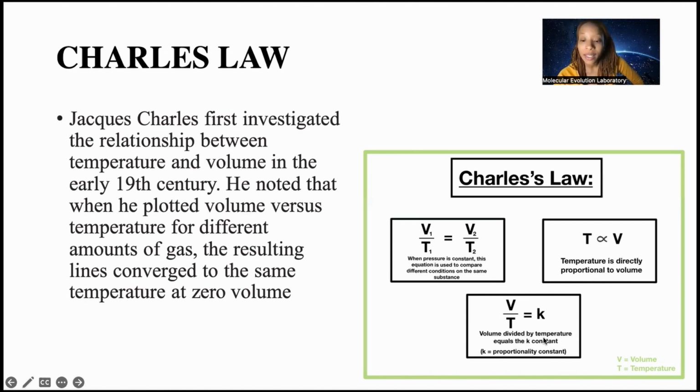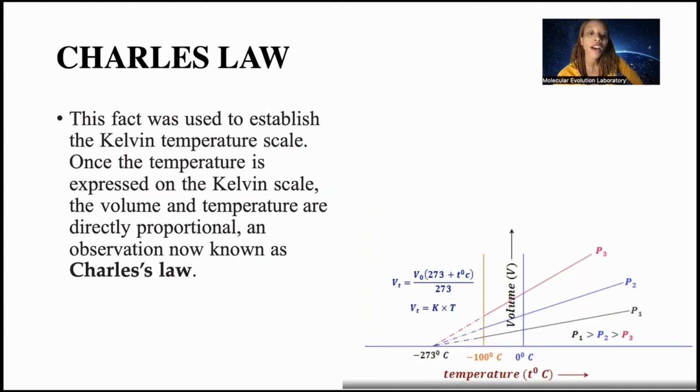Volume divided by temperature equals K, a proportionality constant. And in this case, pressure is constant. This fact was used to establish the Kelvin temperature scale. Once the temperature is expressed on the Kelvin scale, the volume and temperature are directly proportional, and the observation is known